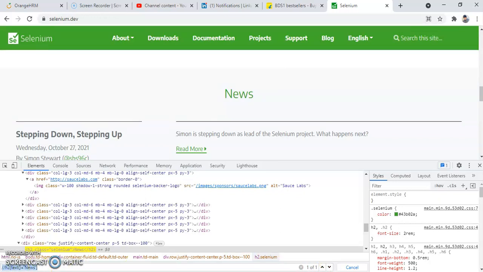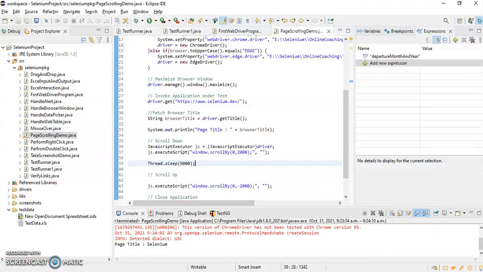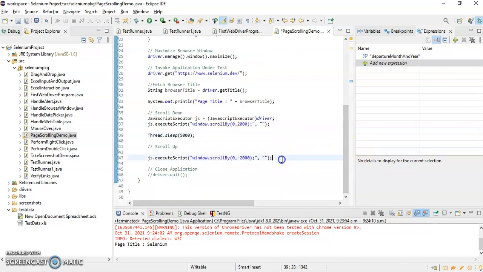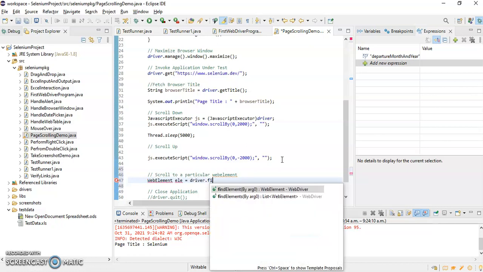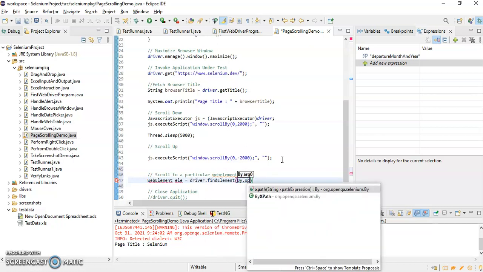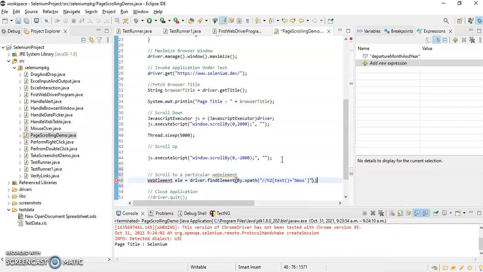So I can take this web element and write here, scroll to a particular web element. I can write WebElement element is equal to driver.findElement(By.xpath), and here I will provide the xpath, and this WebElement interface needs to be imported.